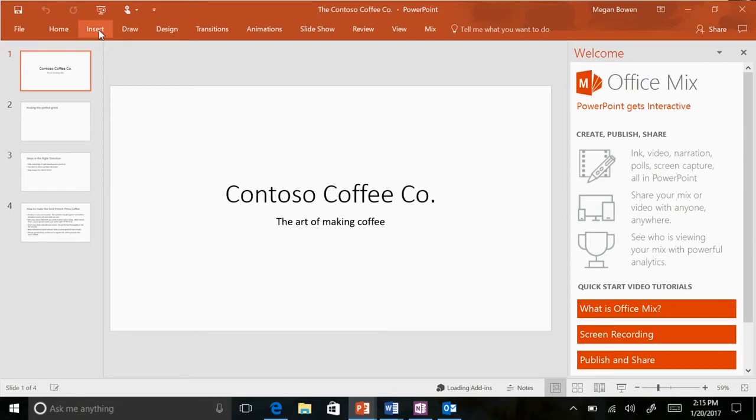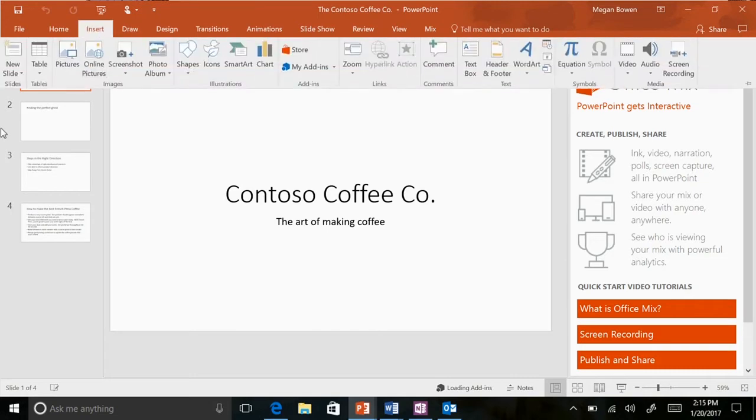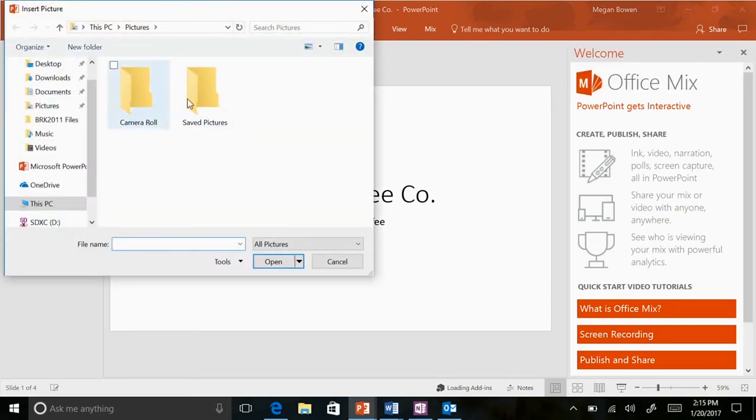It's bland. We want to make it pop. Let's say we're going to present to either our leadership team or some investors. We want to make it look like we really put a lot of time into this, even though we didn't. We'll go ahead and select Insert here, and we're going to select some pictures.